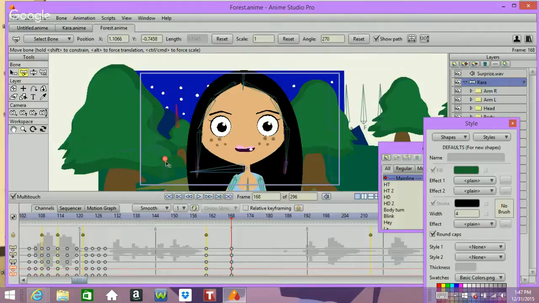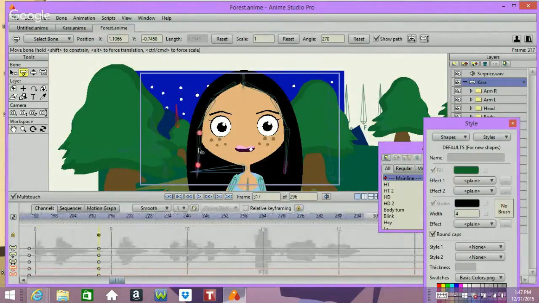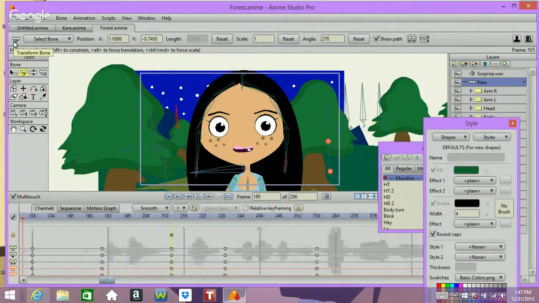Alright, both are not looking at us. What's up with that? I'm just holding down the frames because it's a lot easier to animate later on in the animation. And with a lot of people, how they like to do the